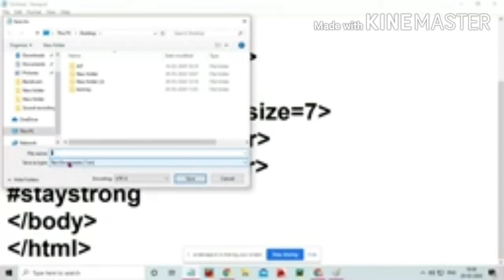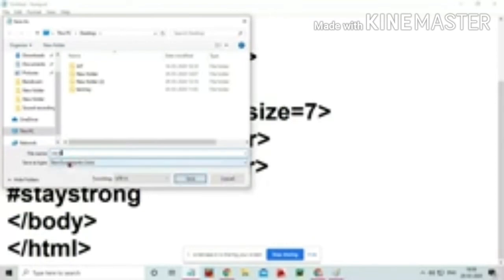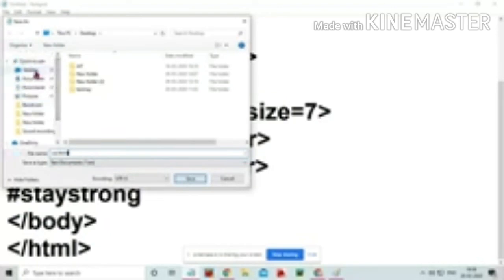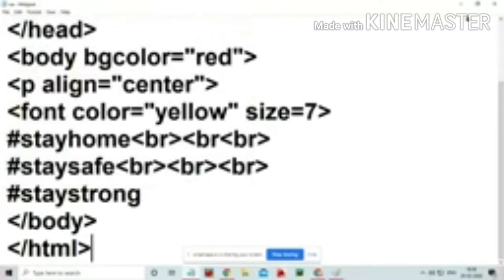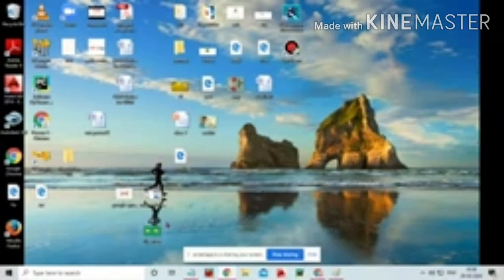If you do not give that, the default extension is txt, a text file in Notepad. You should change it to the extension .html. Then click Save. The file is saved and you can see the file in the window.